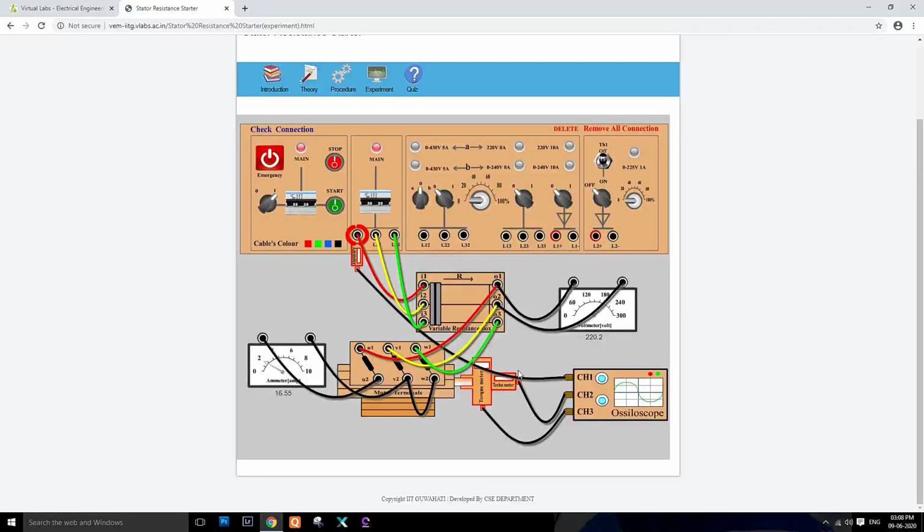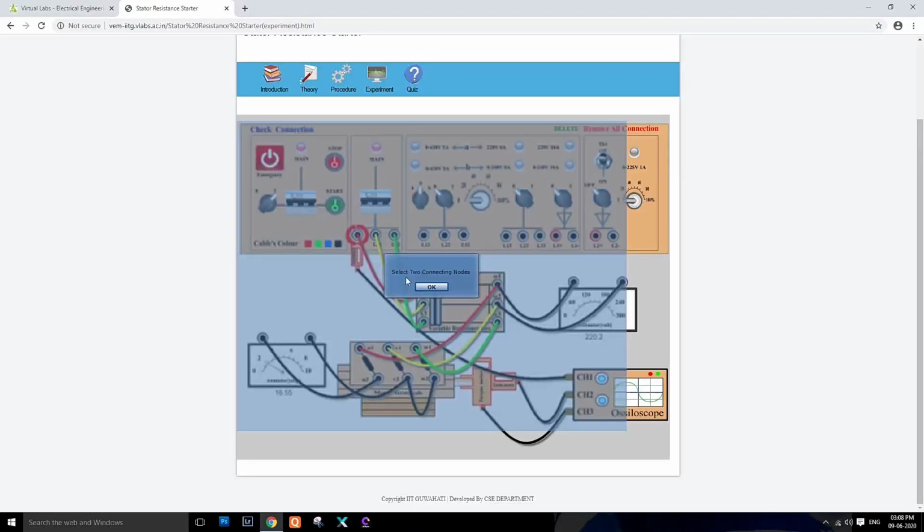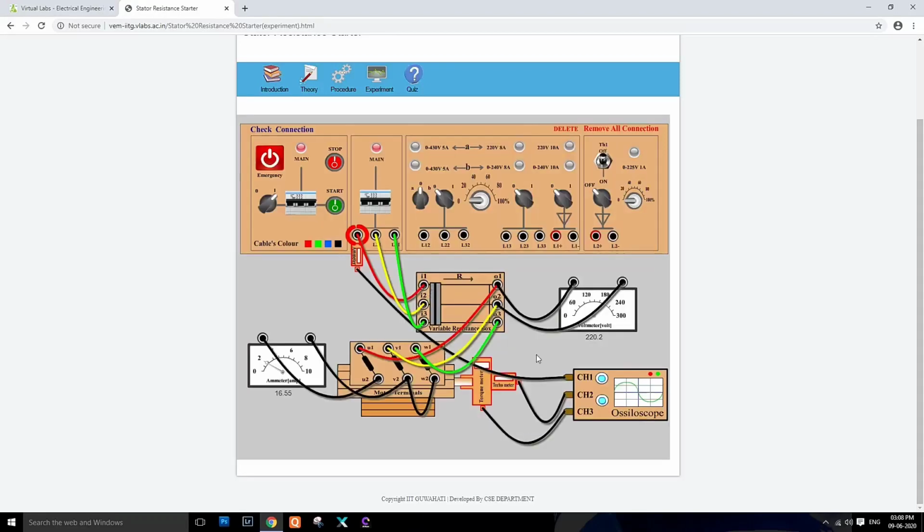then you have to click on the delete button and select two connecting nodes. Suppose we are going to delete this wire. So we have to click on delete, then we have to click on this and this.